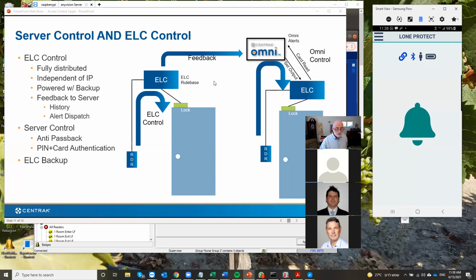It's got its own backup power. It's got battery, the ability for battery backup. It sends the feedback to the server. Even if that connection is lost, if you're storing those events to the history of the ELC, as soon as the connectivity is reestablished, the server will fetch any of the missing events that occurred from the controller and replay them on the server for the benefit of the history and the dispatching of those alerts if necessary. So that's the automatic synchronization following a restart of Omni, that it fetches the missing data from the ELC